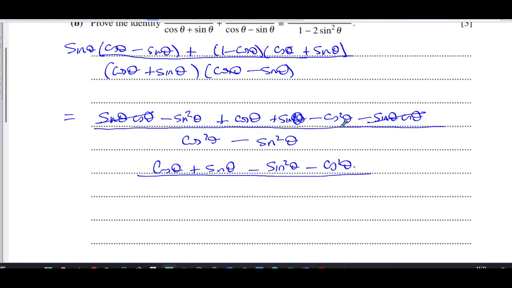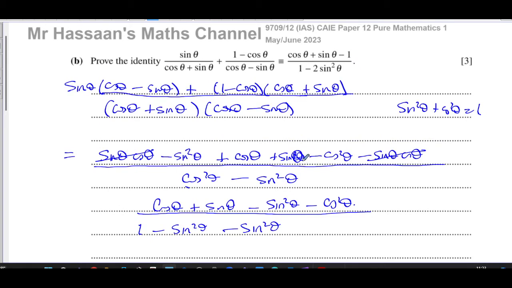Now, we want the denominator to become 1 minus 2 sine squared theta. So what I'm going to do is take the cosine squared theta here and replace it by 1 minus sine squared theta, because we know that sine squared theta plus cosine squared theta equals 1. So I can replace cosine squared theta with 1 minus sine squared theta, and I've got another minus sine squared theta there, and that's going to give us what we need in the denominator. So this denominator is going to be sorted out. And the numerator, I've got cosine theta, I've got sine theta, but I've got minus sine squared theta minus cosine squared theta, and I can do something about this as well,